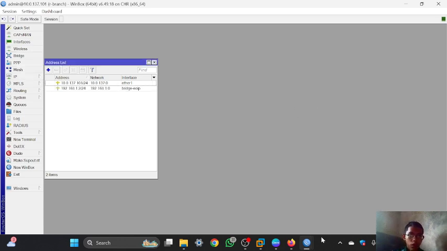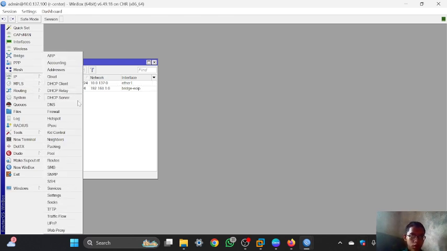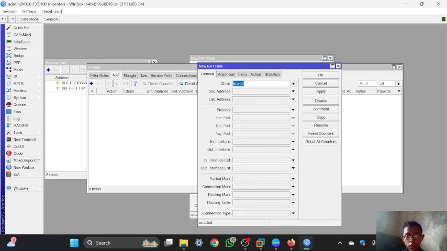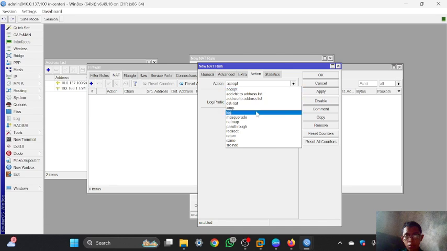And next I will configure the NAT firewall. Then you can go to IP, and then firewall, NAT, and then click add. For the chain I am using srcnat, and for the out interface it is Ether1, and the action is masquerade.